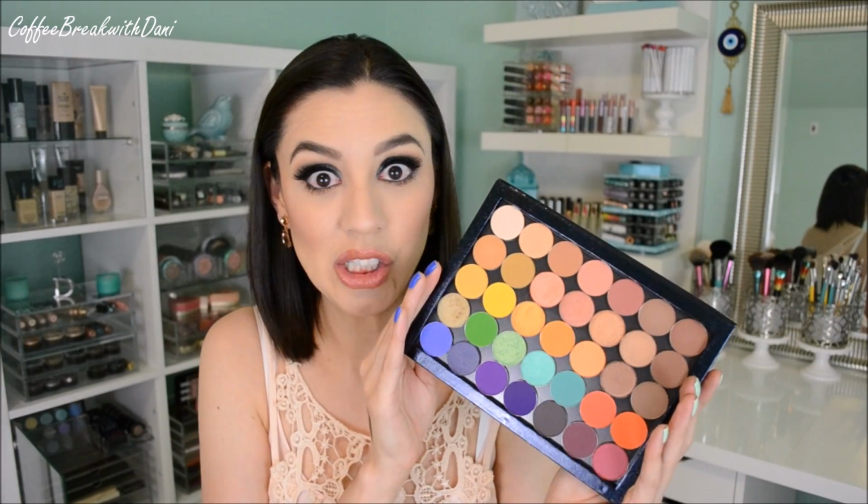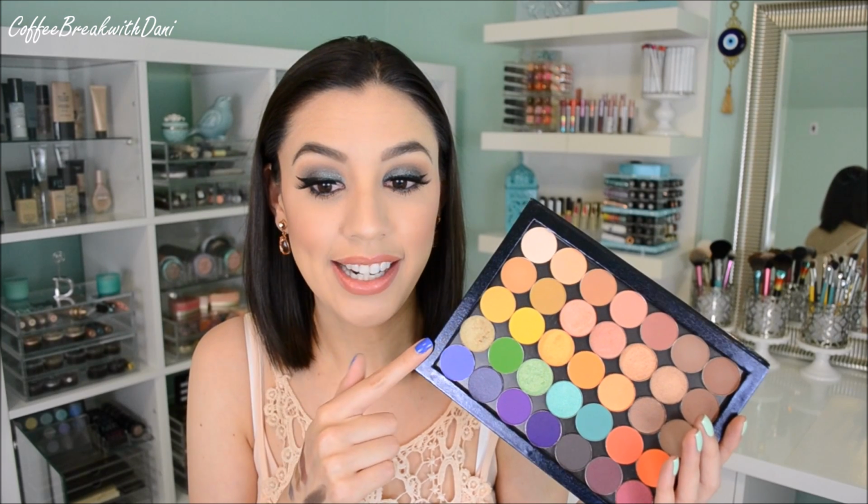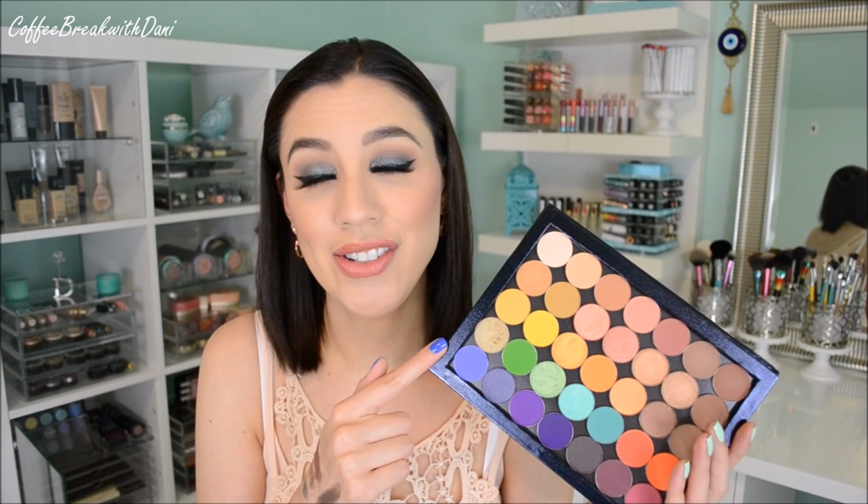And then this one, hello, sweetie. This is the extra large Z palette, the jumbo size. I think this is like the Mama Z palette. I don't know, it's the big one. And these are my Coastal Scents shadows. And Coastal Scents single eyeshadows are called Hot Pots, and they always go on sale for 99 cents. They're usually $1.99, I believe, $1.94, $1.99, but they go on sale for 99 cents, and you can get yourself